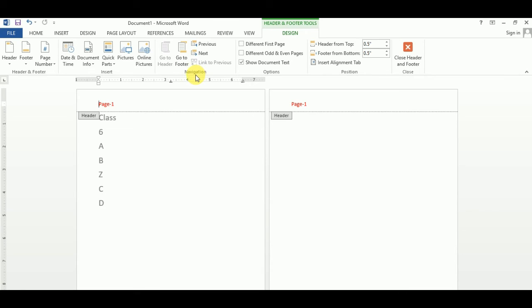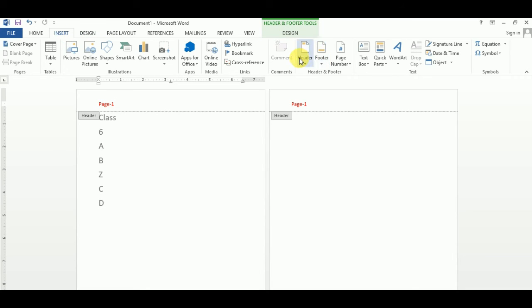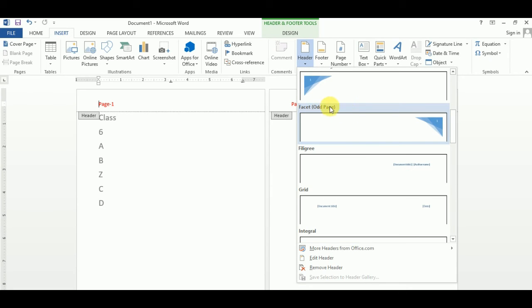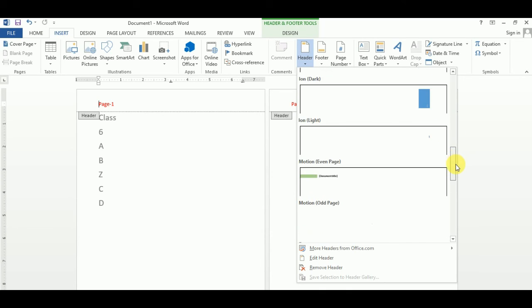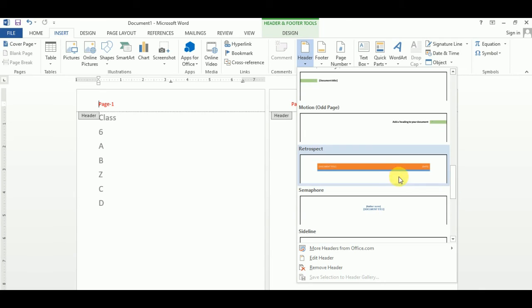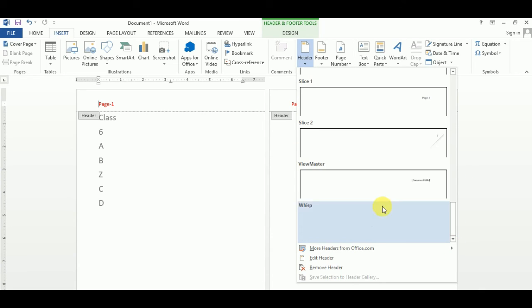Okay, so first click on the Insert tab. After that, click on Header, which you want to use. Click on the header option and you can see Blank, Austin, Banded, Facet, Whisp, Grid.